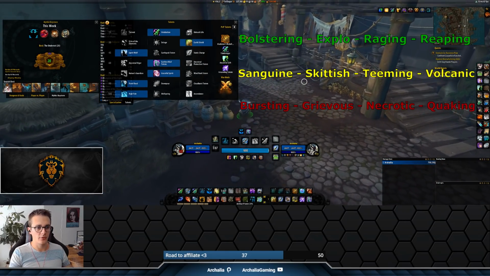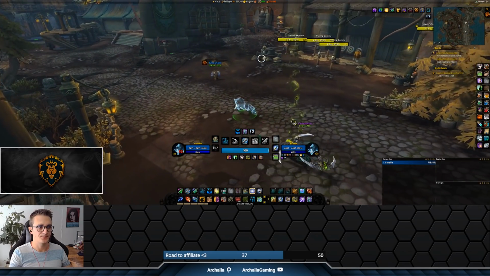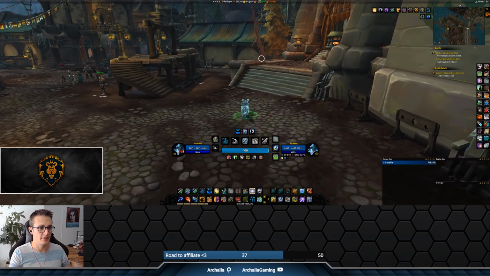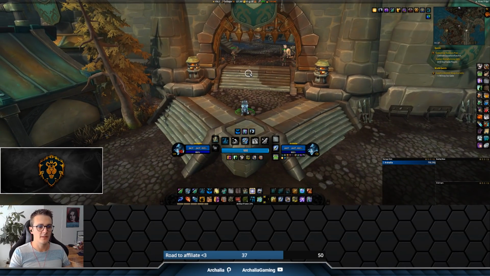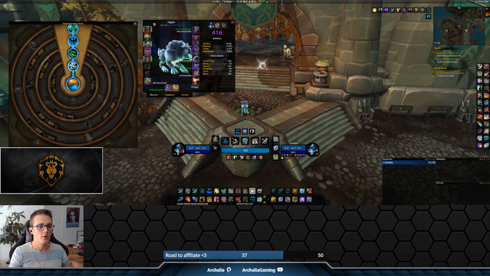The rotation now, so it's kind of easy and straightforward. Let me go somewhere around here, would be okay. So the first thing, very important, is that we are going to use our tidal waves a lot. Oh, sorry, I totally forgot to talk about my Azerite traits and my trinkets. Yes. So in terms of Azerite traits, I'm using 3 times the Splitting Spirit, which I think is